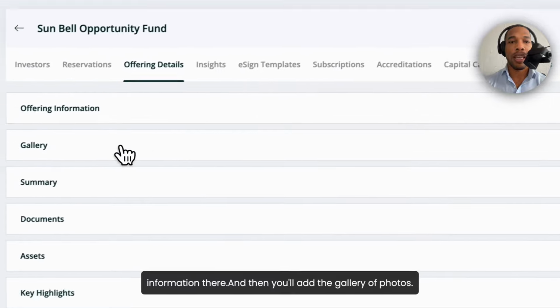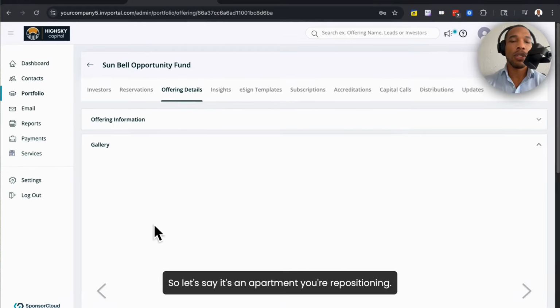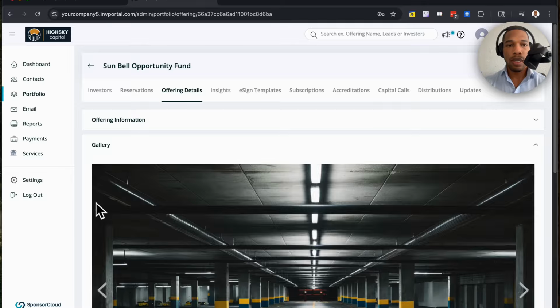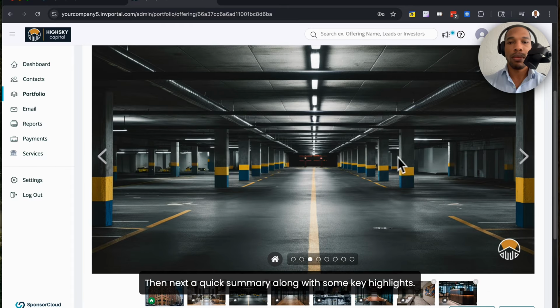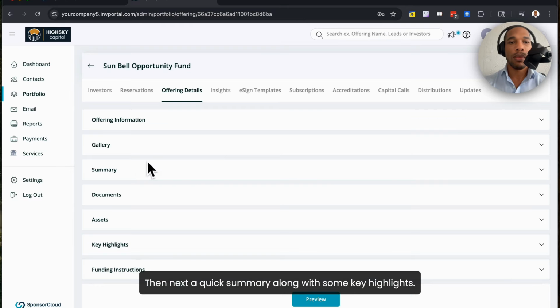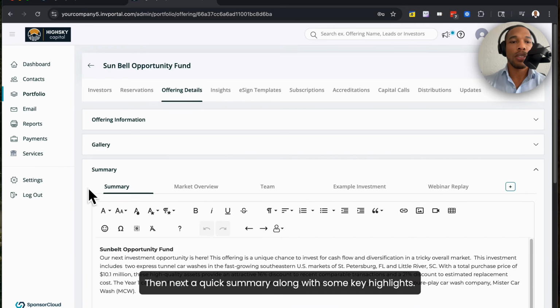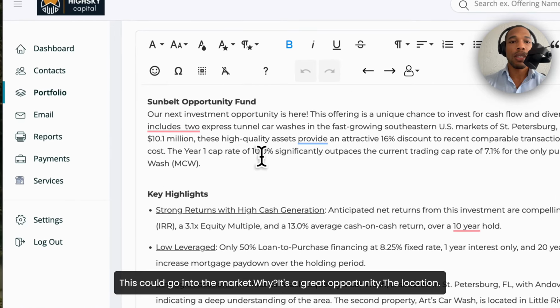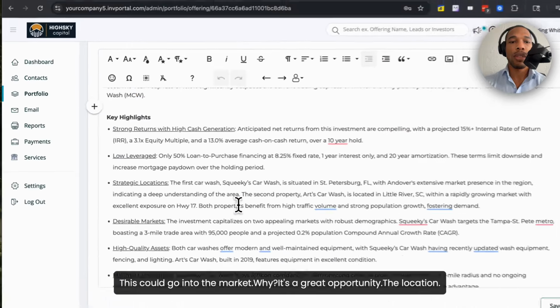And then you'll add the gallery of photos. So let's say you're repositioning an apartment, you can have the before photos and then the renderings of the after. So you would add those here. Then next, a quick summary along with some key highlights. This could go into the market, why it's a great opportunity, the location,